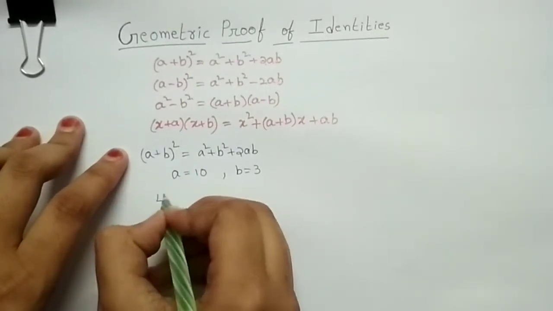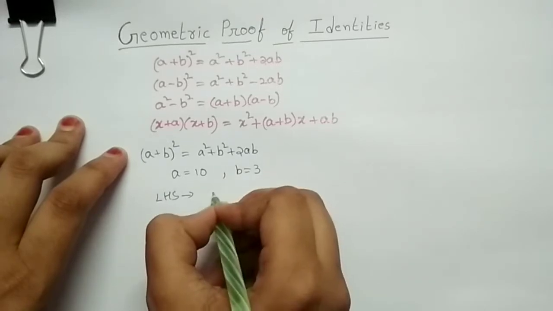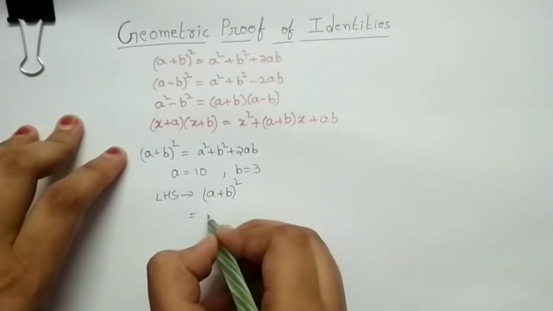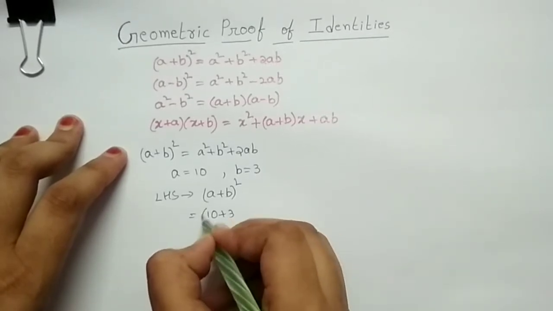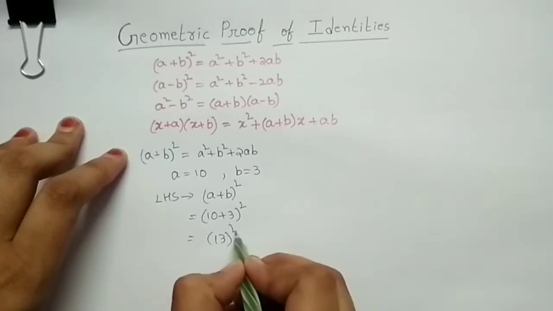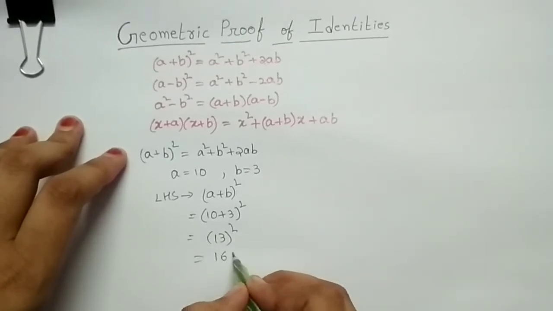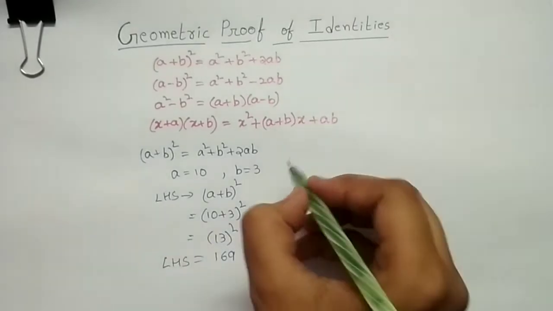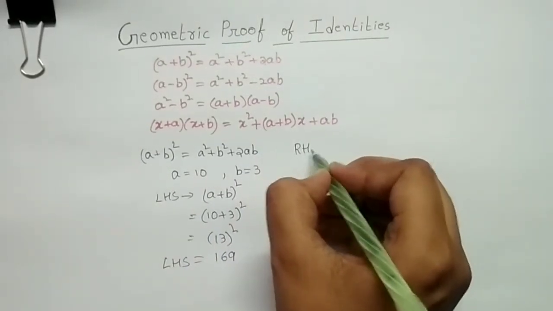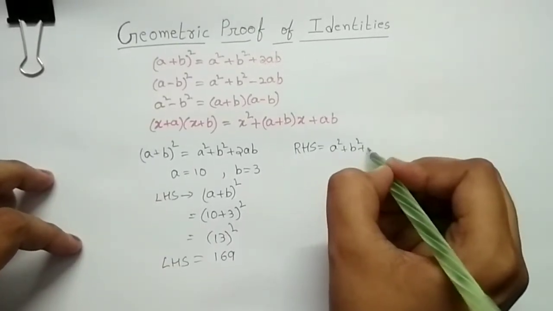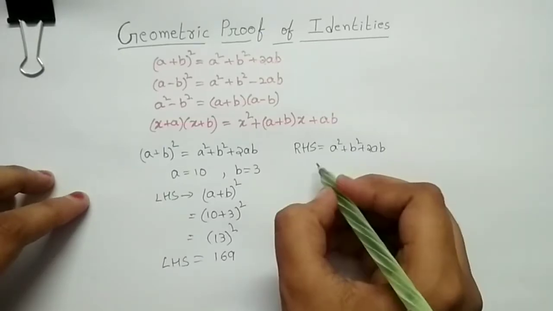The LHS is (A plus B) whole square, that is (10 plus 3) whole square. So I get 13 whole square, which is 169. So LHS is 169. On the right hand side we have A square plus B square plus 2AB, that is